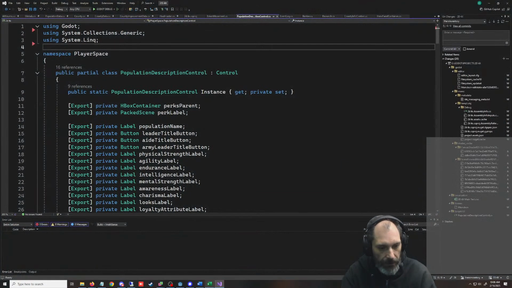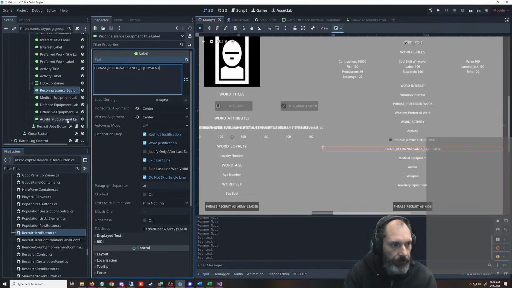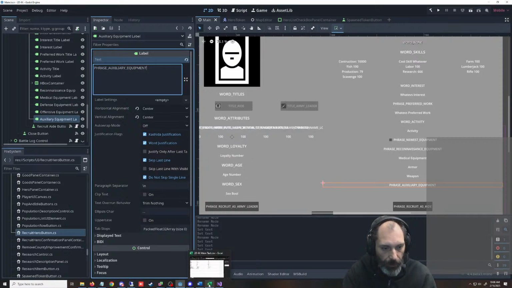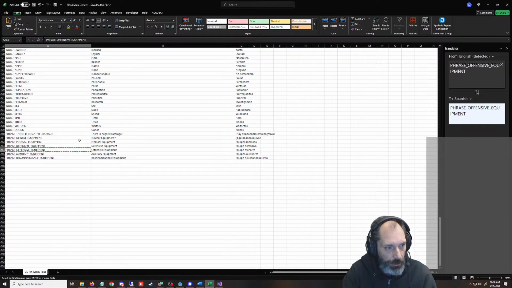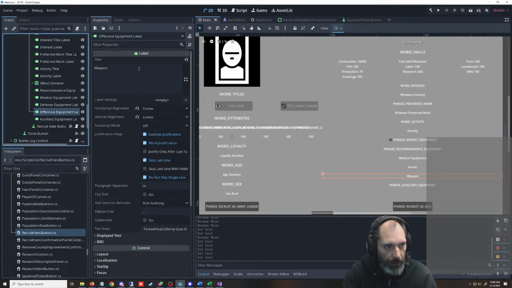It causes other issues down the road. So, auxiliary equipment, and this will automatically translate it. It's built into Godot. Offensive equipment.